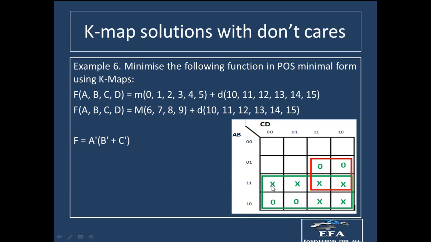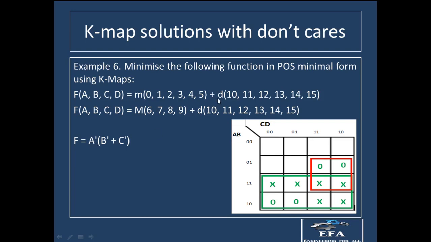So for the final output, first of all we talk about the green box, right? This green box says that we are having a complement from this side, and in this side you can see that C is changing and D is also changing. You can see C0, C0, and C1. At this position C has changed. D0, D1. So at this position D has changed. So C and D both have changed, right? And in this direction B has changed. So we are left only with A complement, right? So A complement is coming from the green box.